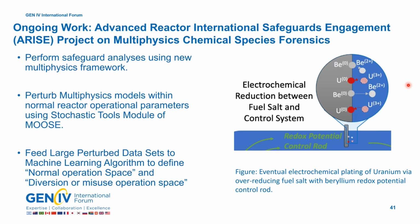A new aspect that I'm really excited about, so I do want to talk about this briefly, is we have an ongoing project with the Advanced Reactor International Safeguards Engagement program. This is the ARISE program out of NA-241. So this is really looking at safeguards and how we can apply these in an international aspect. And so what we are looking at here is the multiphysics chemical species forensic analysis that we can do using this chemical species transport. So right now, we are setting up these multiphysics models that have both the 0D aspect,